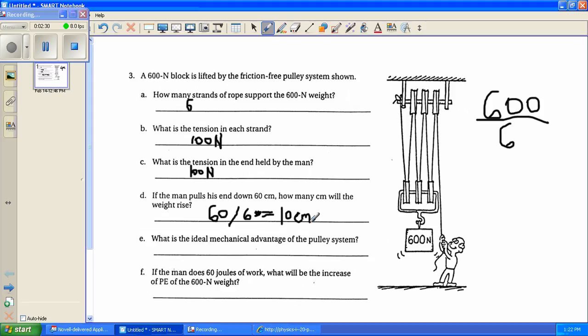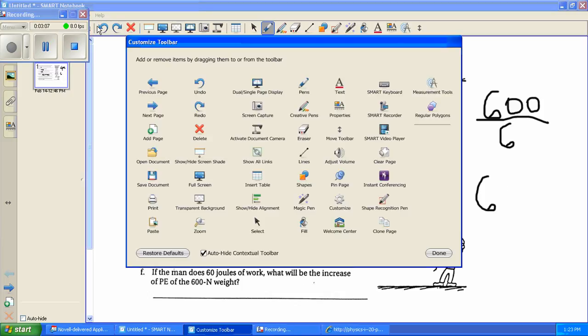Question E asks, what is the ideal mechanical advantage of the pulley system? By definition, mechanical advantage is the number of times easier it makes the work that needs to be done. You can define it in equation form as bigger force over smaller force, or larger distance over smaller distance. In this case, we're using tension, so it's the force that we need. So if we take the big force, which is 600 newtons, which is what the strings are supporting, and you divide that by the